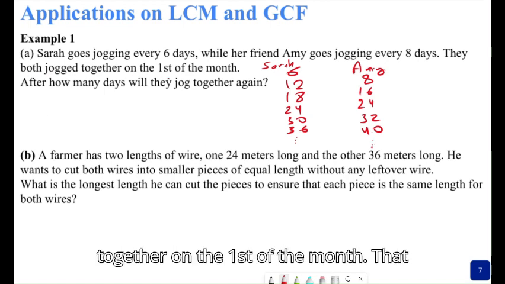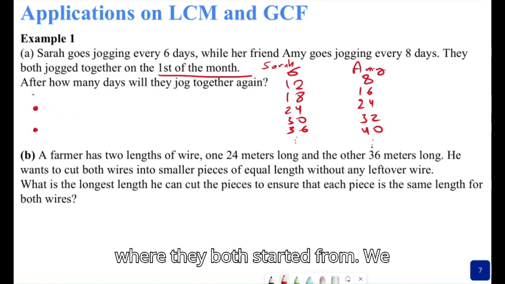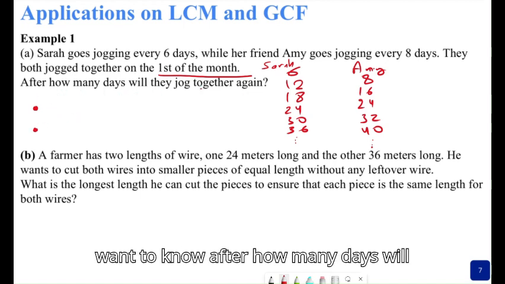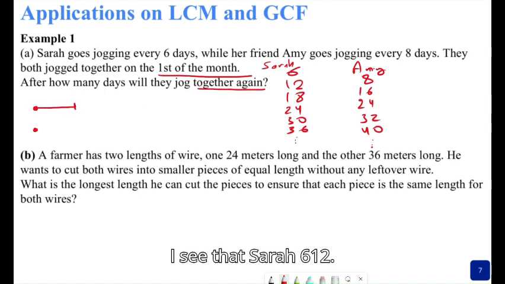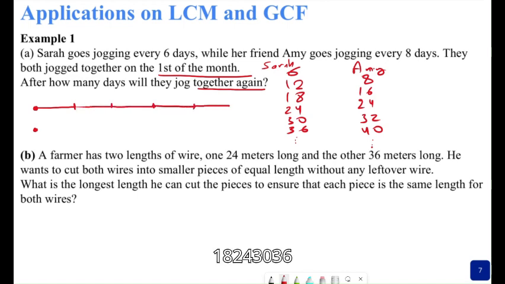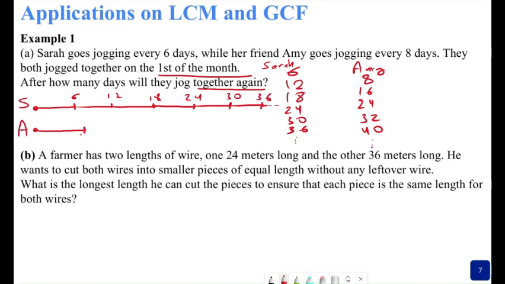They both jogged together on the first of the month. That means there was an initial point where they both started from. We want to know after how many days will they jog together again. So I see that Sarah 6, 12, 18, 24, 30, 36, and so on. This is 6, 12, 18, 24, 30, 36. However, Amy goes every 8,